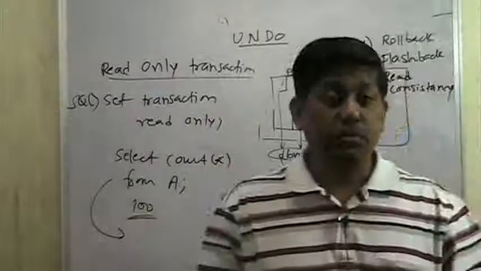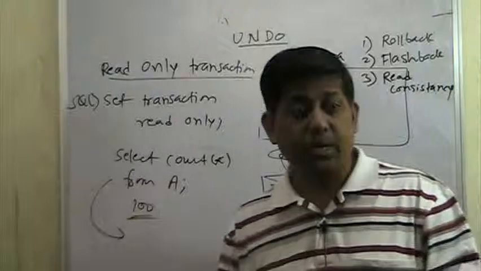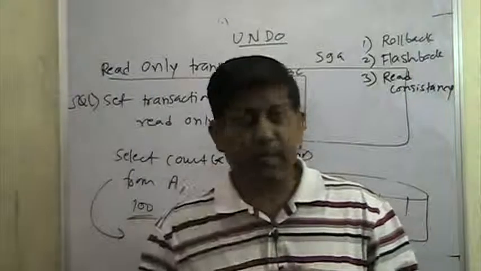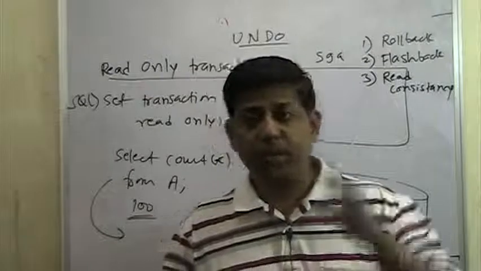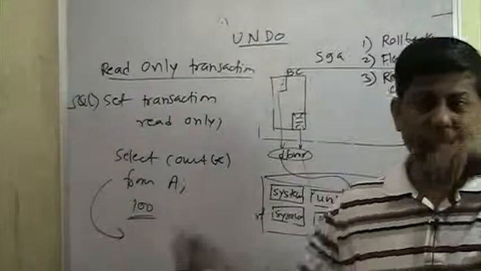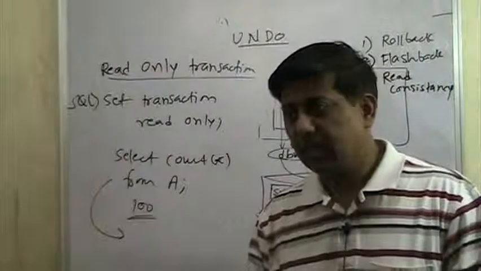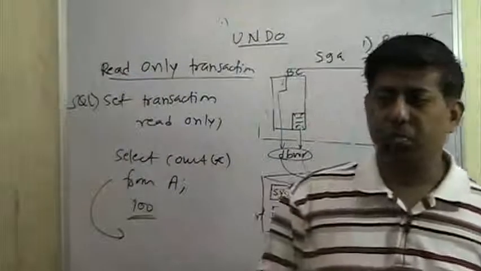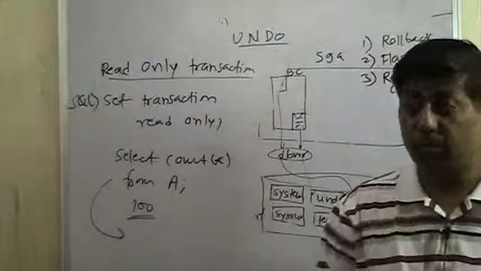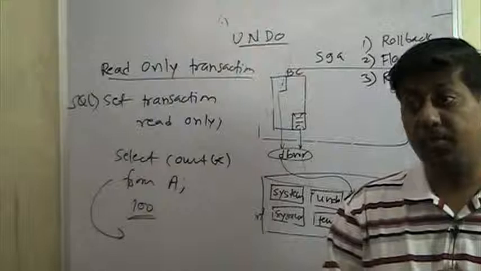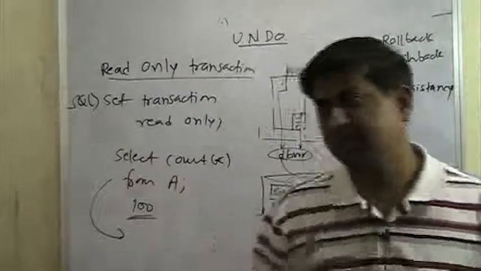Where else can this be used? In export. When you are exporting data from a huge table, and some other guy comes in from a different session and deletes 10 rows, what will be in your final exported file? Will those 10 rows that he has deleted and committed be there in your data file? They will be there if you have started this as a read-only transaction.